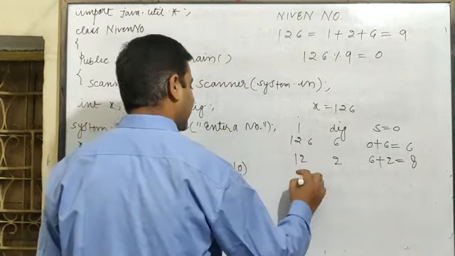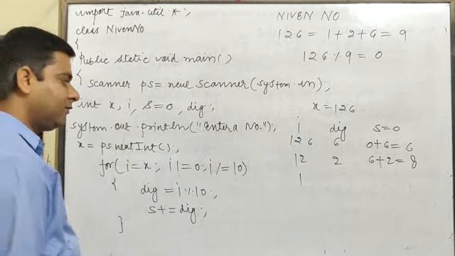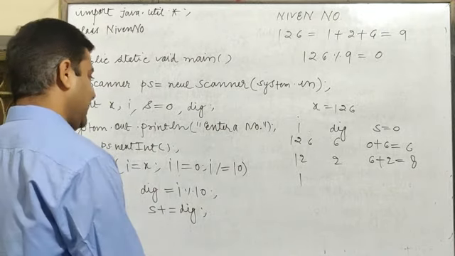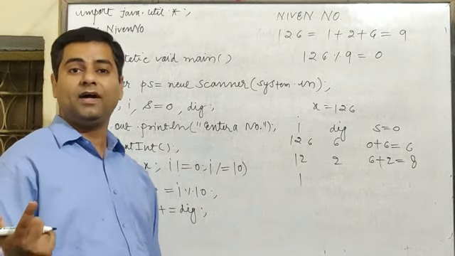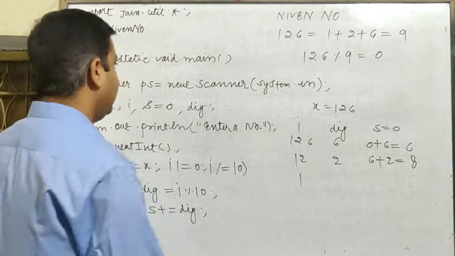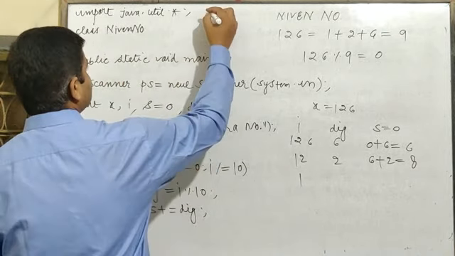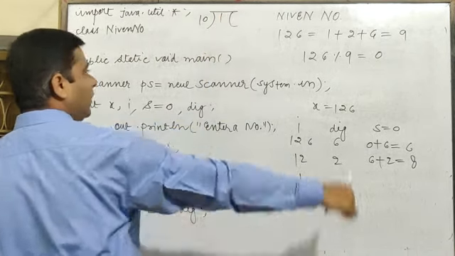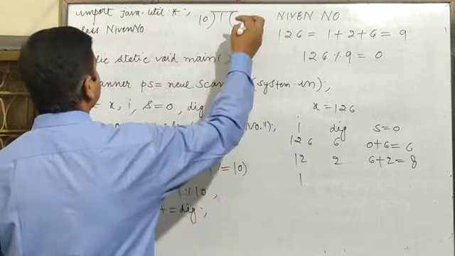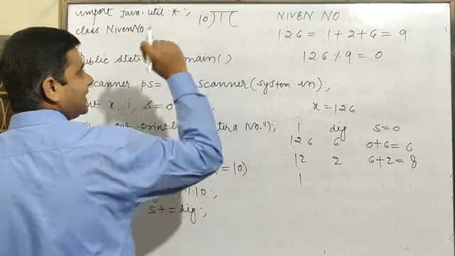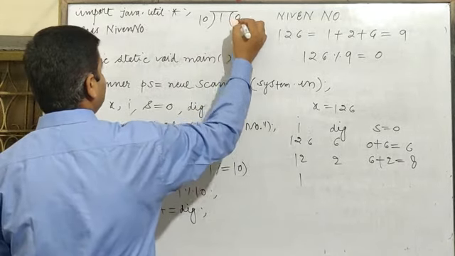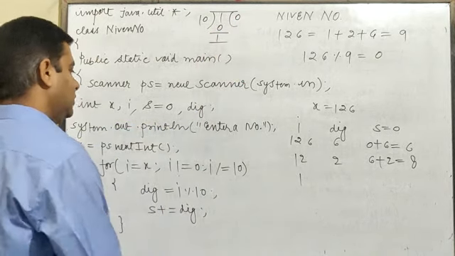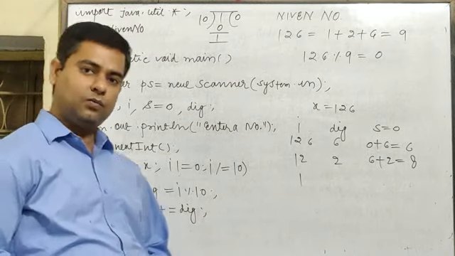Value of I is 12. 12 divided by 10, 1. As an integer you will get 1 only. 1 is not equal to 0. No. Now 1 modulus 10. 1 modulus 10 you will get 1. But how? See, when you write 1 modulus 10, it means 1 is divided by 10. So how will you get 1 as a remainder? Because 1 is smaller than 10, so it will be divided how many times? 0 times only. So 1 minus 0, 1. So when you write 1 modulus 10, you will get 1 as a remainder.